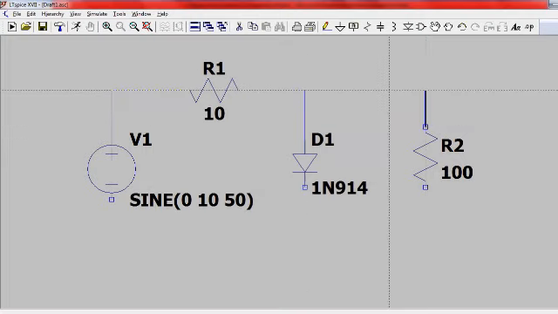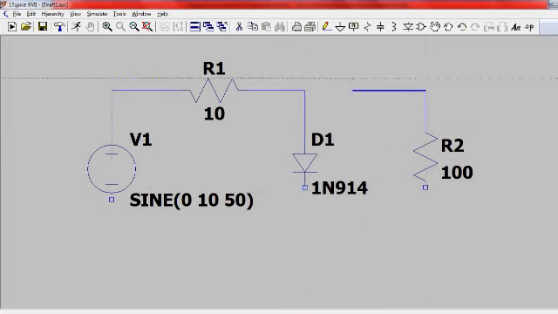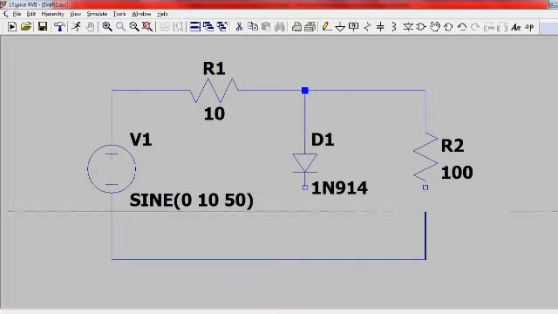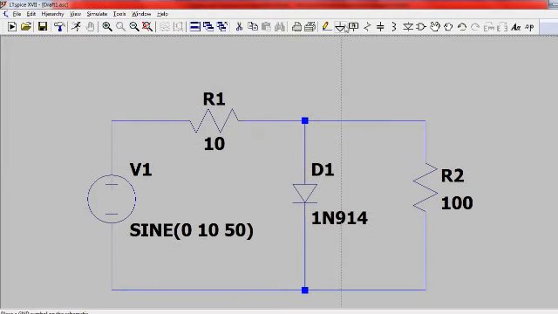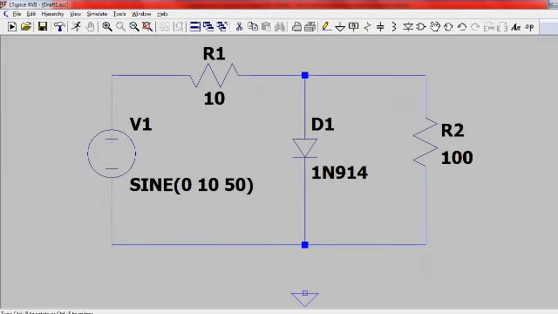Connect all of them as you have seen. Connect them all properly. I am connecting all the components. Now the connection is all done. We need to connect one ground. Take one ground and place it. Press escape. Then select the connector again and connect the ground. So with this the circuit connections are done.